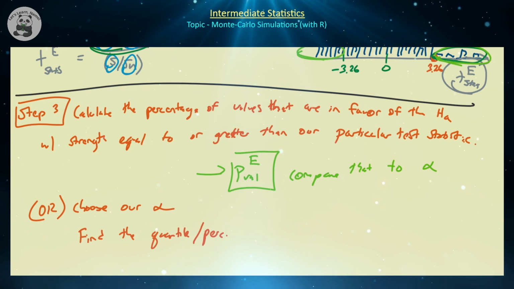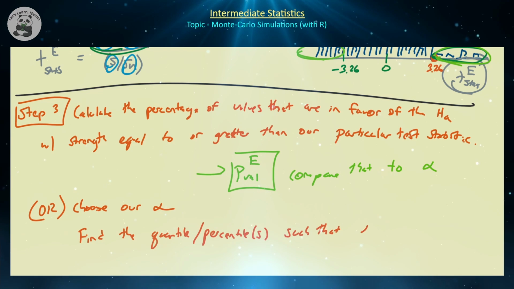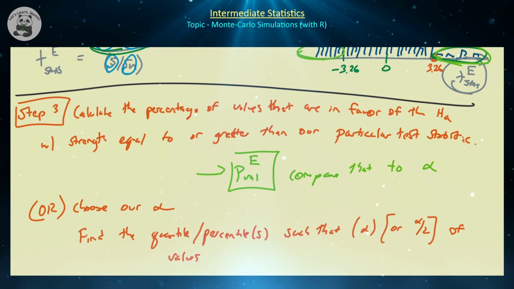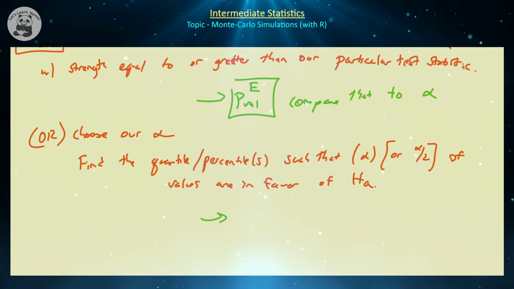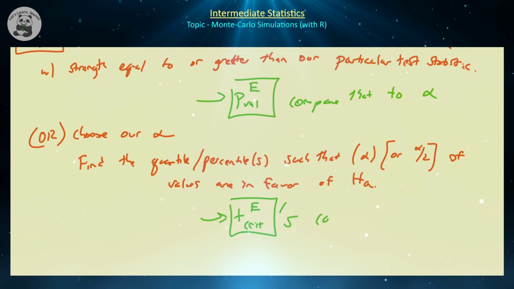Some people also call it a percentile, or percentiles if you're working with a two-tailed test, such that alpha, or in the two-tailed case, alpha over 2 of values, because keep in mind that's a percentage, are in favor of our alternative hypothesis, and that will give you our empirical critical value, or empirical critical values, for which you would compare to our particular test statistic,